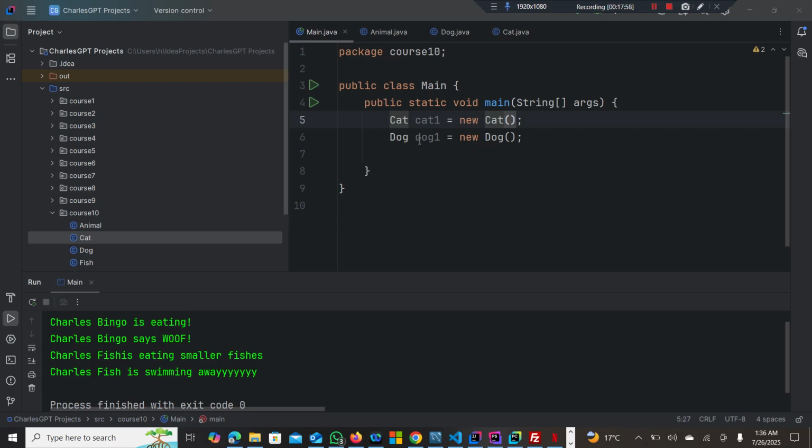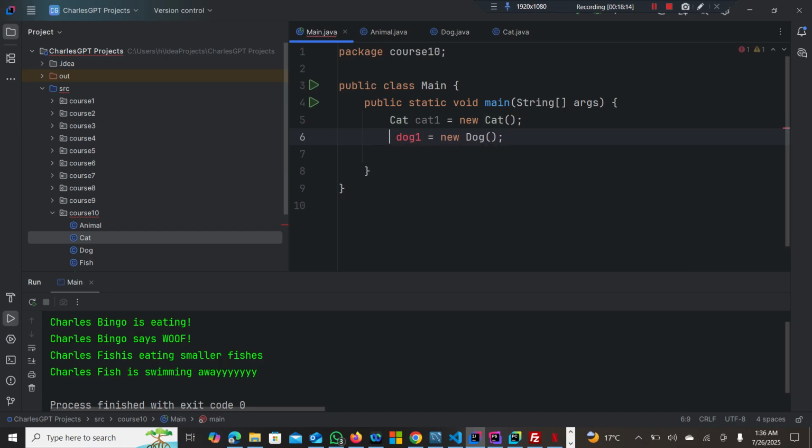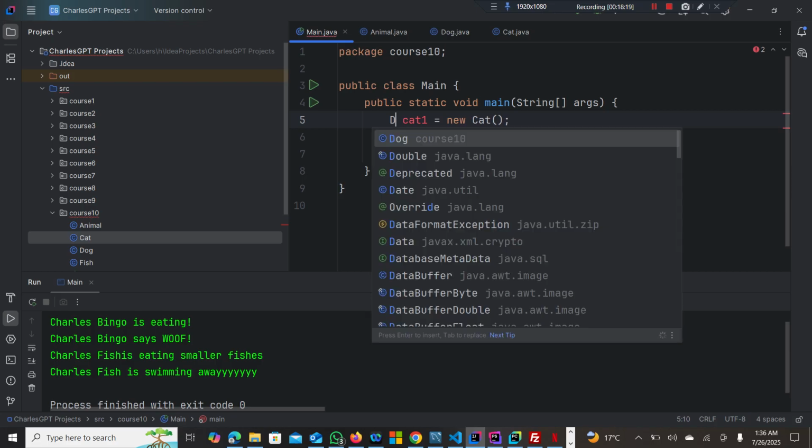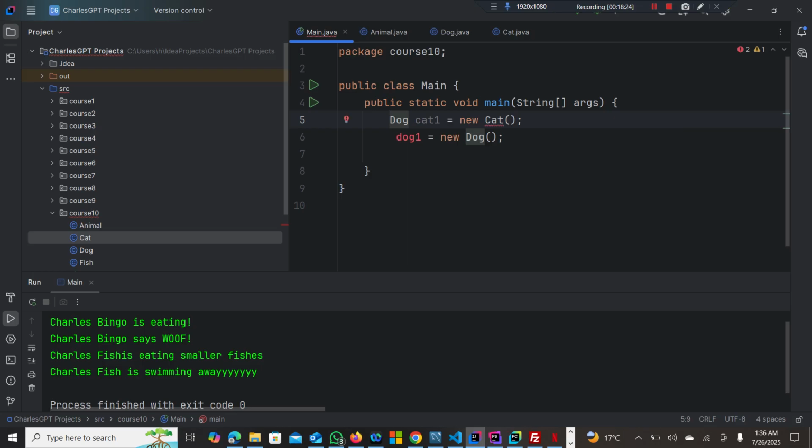Then we have cat1 equals new cat, dog1 equals new dog, but we need like a remote to control everything, and it's not cat because you can't put cat right here, it gives an error. Cat is not a dog. Then you can't put dog right here, it gives an error because dog is not a cat as well. But if you want to have like an entire remote to be able to access every single thing,